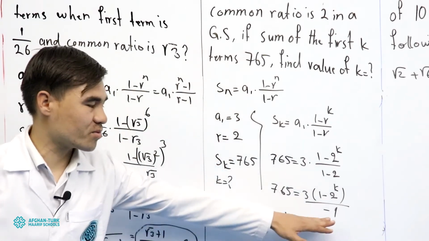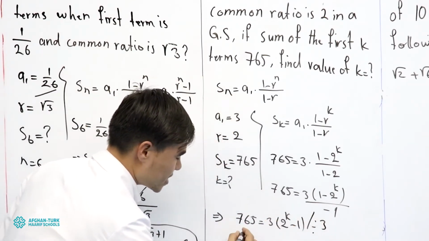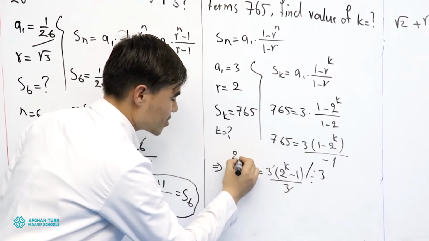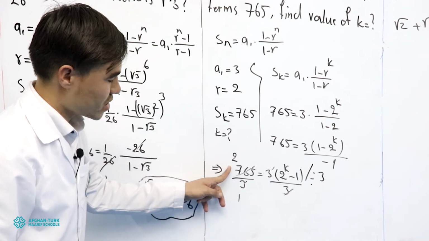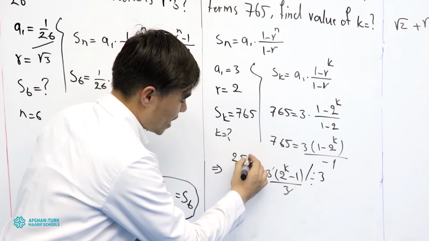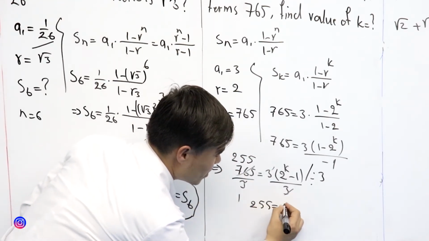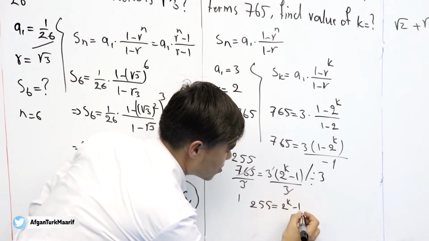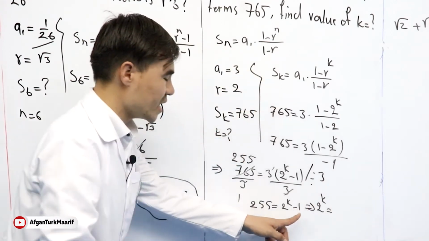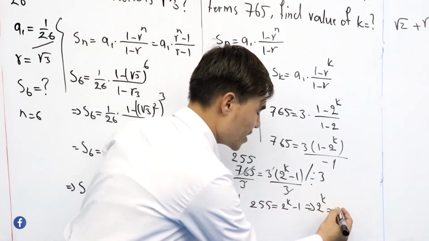It isn't necessary to write the number 1 again. Here, when I divide both sides by the number 3, it will be cancelled. 2 times 3 is equal with 6, 5 times 3 will be 15, and 5. 255 is equal with 2 to the power of k minus 1. When I bring the negative 1 to the left side, I will have 2 to the power of k is equal with